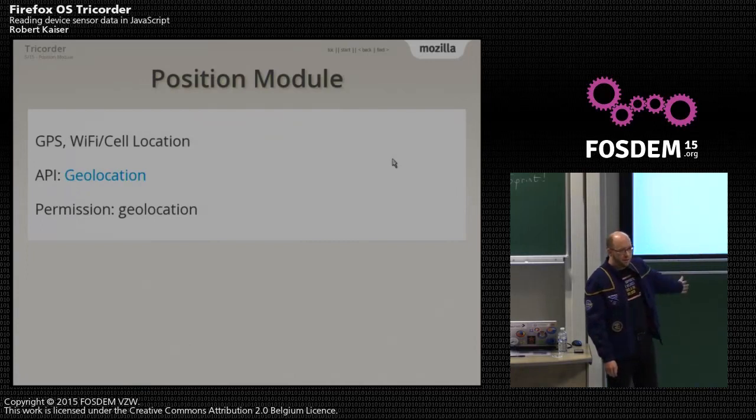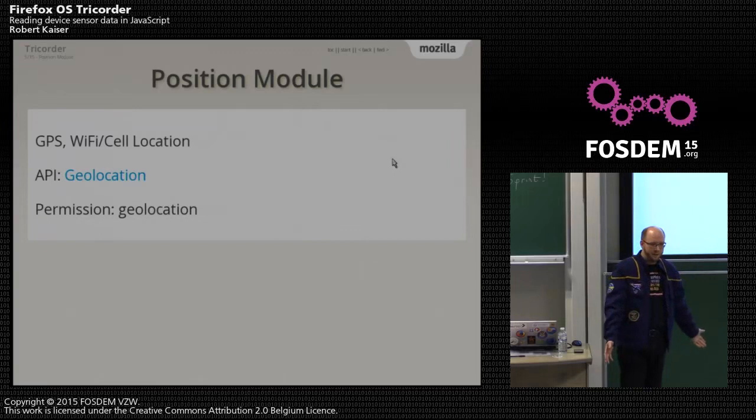My main reason for doing this Tricoder app was I wanted to play with the APIs we have available, and I thought, what better than to do something that exposes all the sensor data, and as that matches the Tricoder, that's where it comes from. So position is just a GPS or Wi-Fi or mobile cell location that's all hidden behind